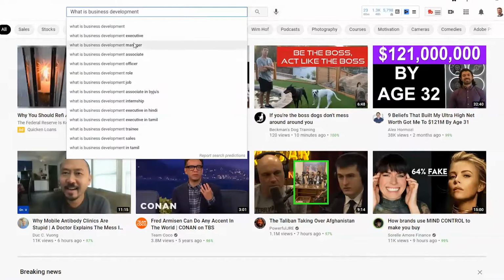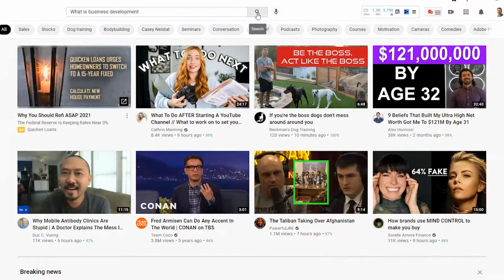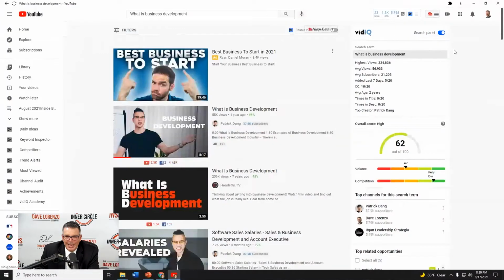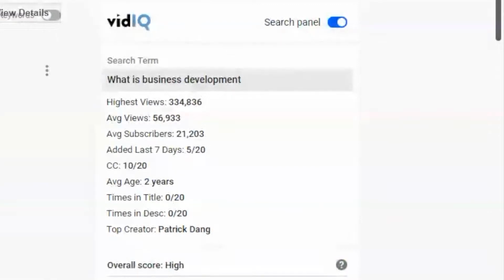Now, the second thing I do after I do the YouTube keyword research is I look for videos that have high search volume that are low competition. Now you'll see on the right-hand side of the screen, there are a couple of what look like meters. I told you that I use two tools that help me, vidIQ and TubeBuddy. So you'll see on the right-hand side, vidIQ lists the highest number of views this search has ever gotten. So people typing in what is business development,